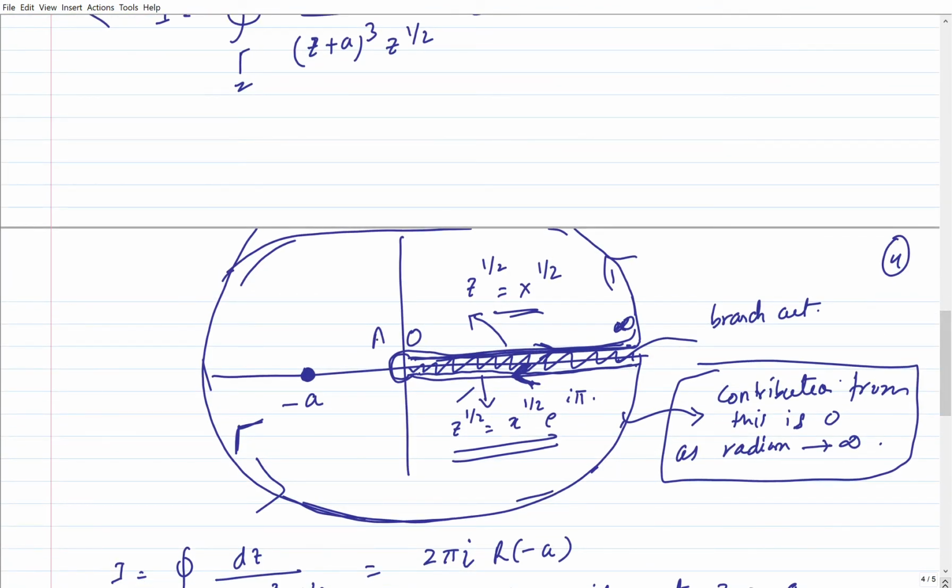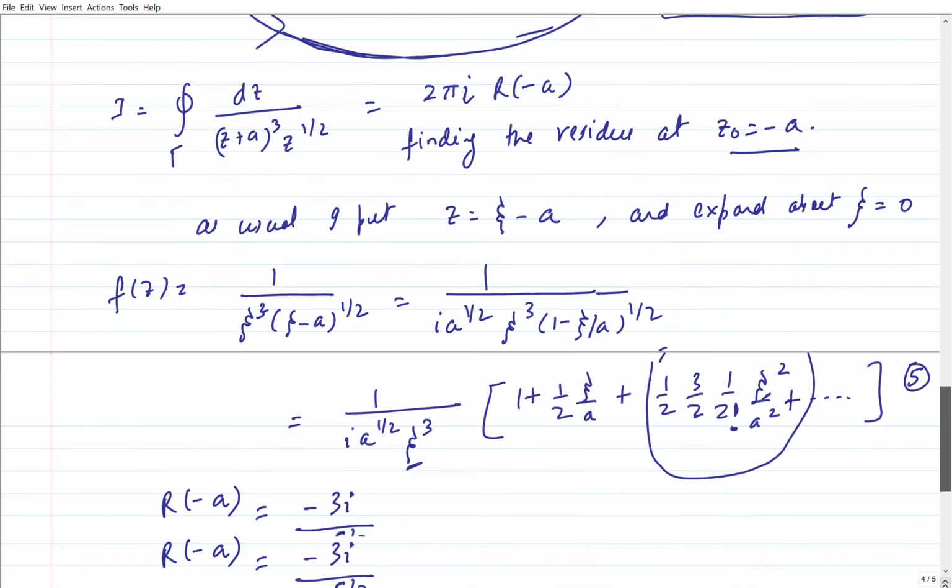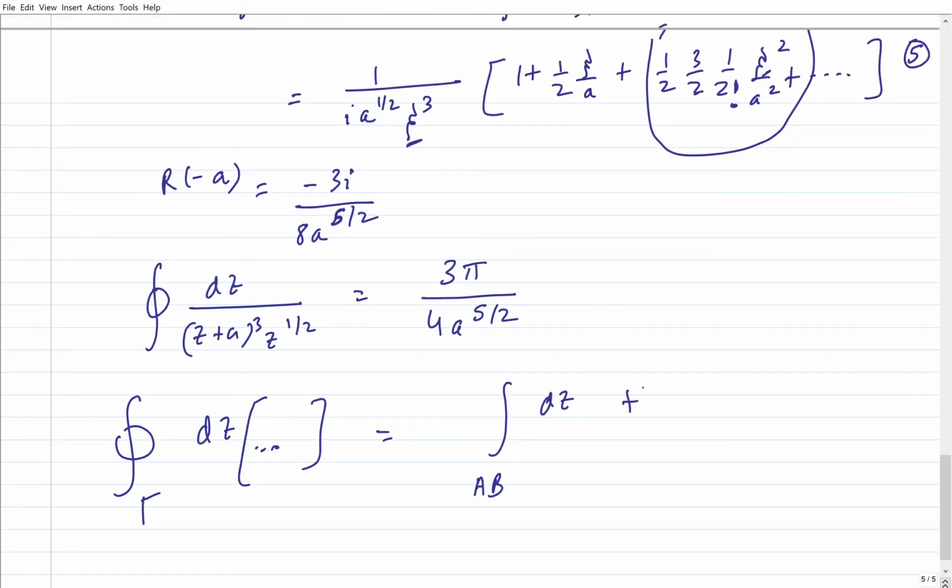I'll just call this a, b, and this is c and d, these points, plus the same integral over cd,